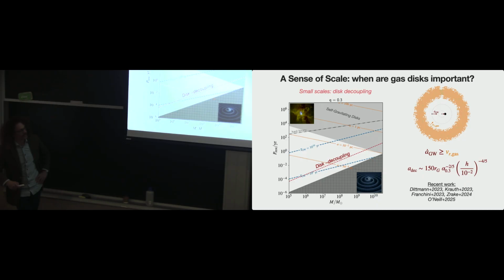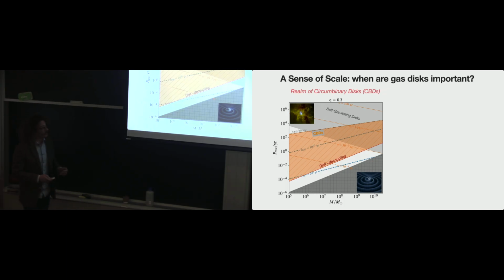So around 100 Rg, you expect maybe the binary isn't as importantly affected by the disk. I'm now going to color in, in orange here, what I'm going to call the realm of circumbinary disks, where you have a binary down to roughly where it decouples, which again can move around quite a bit. So for the most massive black holes, it's hard to fit a non-self-gravitating disk around them. You can again move this line a little bit by changing the accretion rate and some parameters of thermodynamics, which I'll mention,